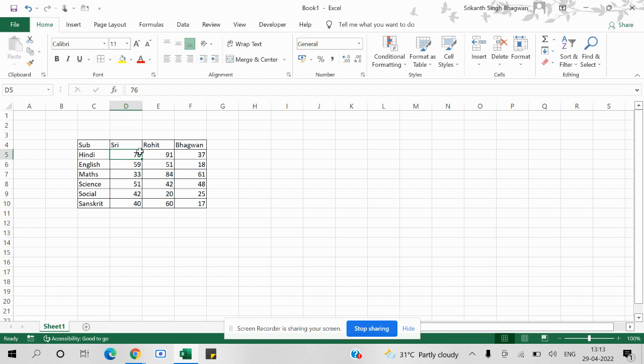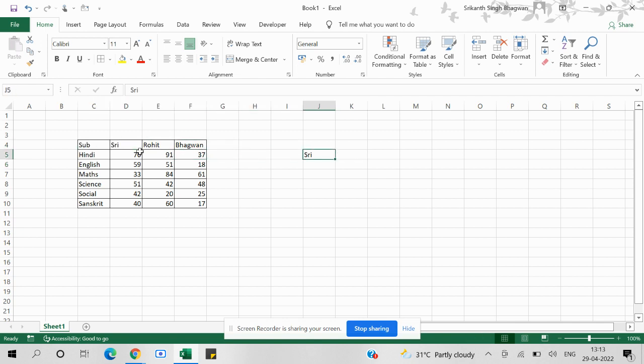To get rid of such kinds of problems, we have one of the best formulas in Excel called INDEX and MATCH. Before we get into INDEX and MATCH, we'll try to understand how exactly the MATCH function works. MATCH is a kind of formula which will give you the position of a cell which you are referring to in a given data range. For example, I wanted to locate where exactly the name Sri is located in this data